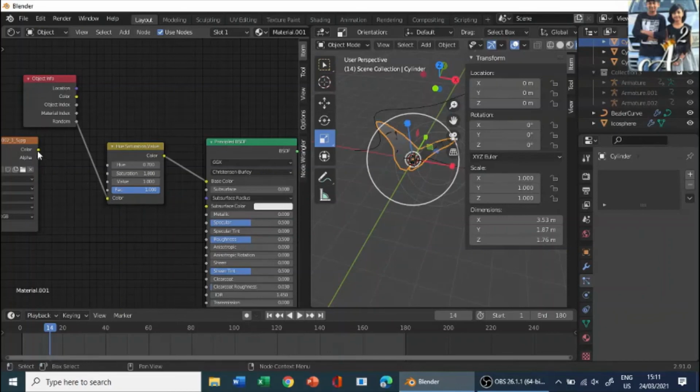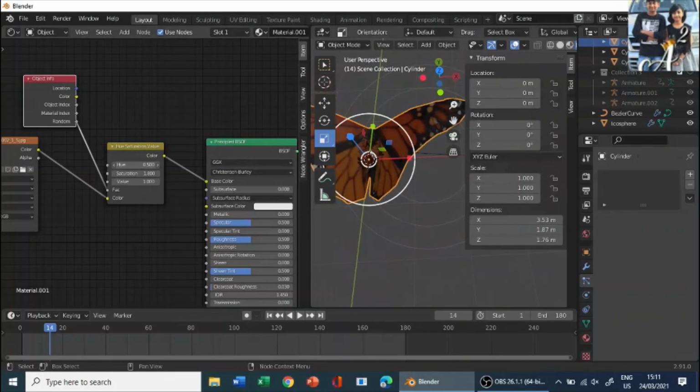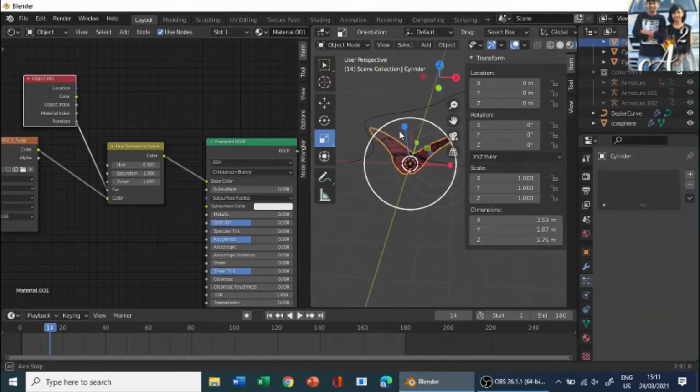Colors tab. So now let's click on the color and take this random and connect it to the back. And now if you see, our hue is getting a change, so let's make the color something like blue. We need it in a blue color. So okay, pink is nice, so that looks good.